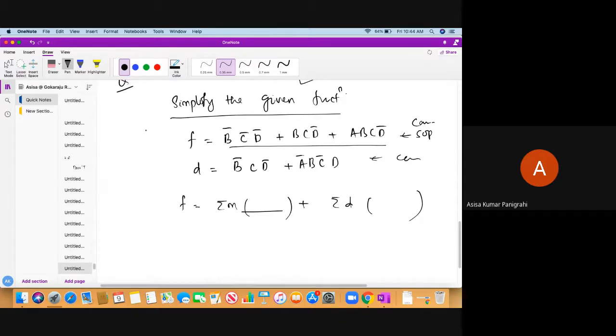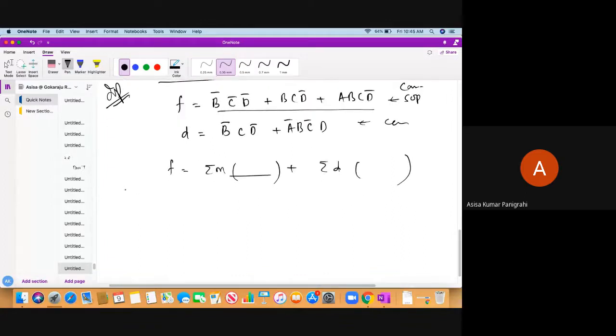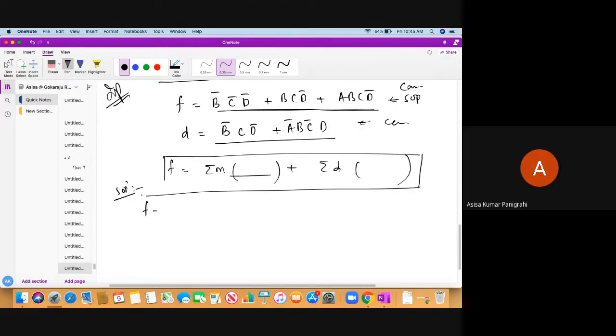So this is a kind of question, a little bit modified. So you shouldn't say, sir, you have not discussed this and you have asked it in the question. I may ask this type of modification. That is the reason I have told you many things in the class about what you have to do. Here my function is given. So the solution would be: find the canonical SOP of this and the canonical SOP of this. Finally, I can express my function F like this. Then I can simplify it using the K-map.